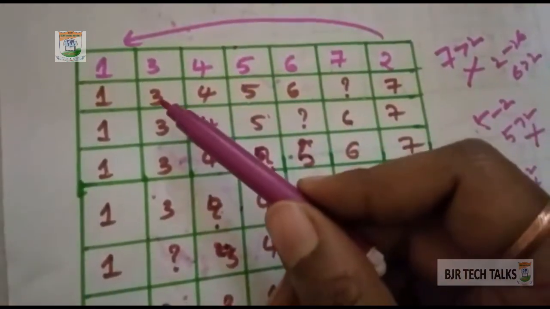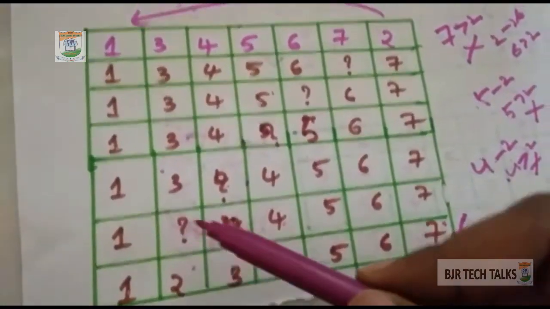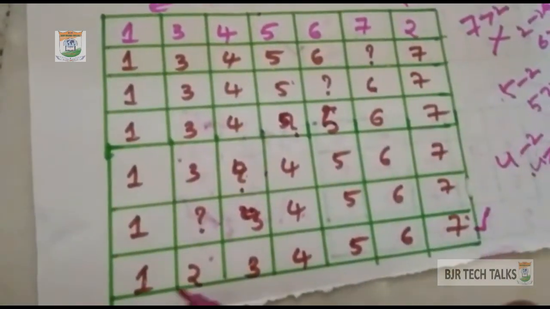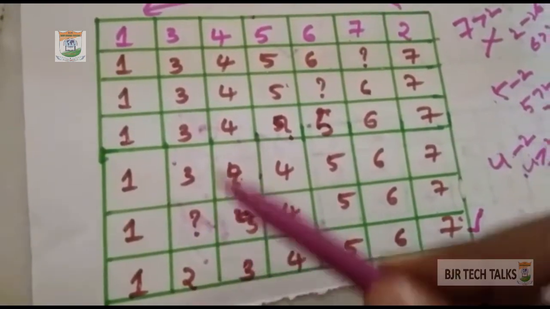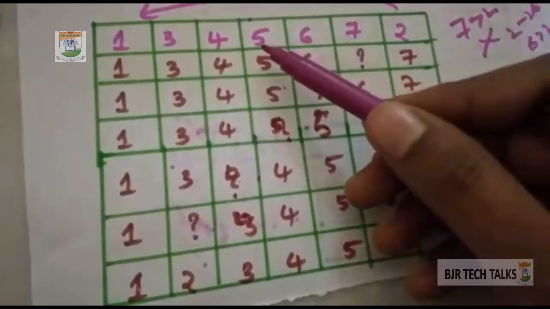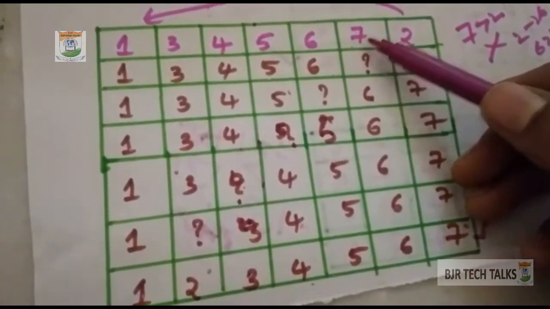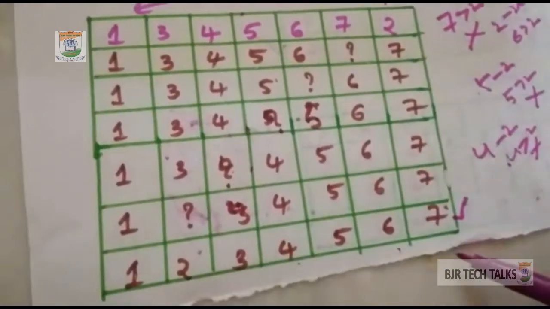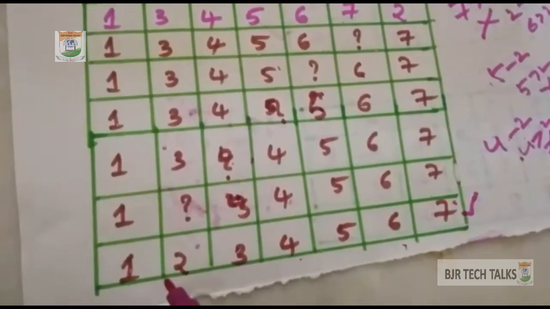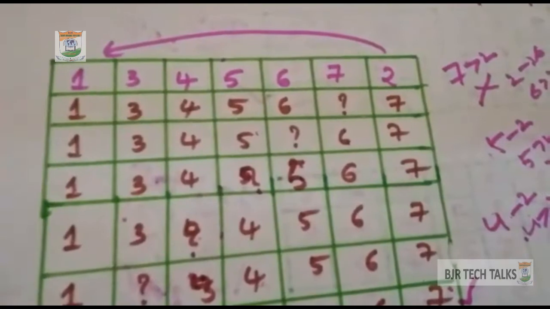When 2 is compared with 3, 2 is less than 3. So 3 comes here and 2 here. When 2 is compared with 1, the 1 is less than 2. So 1 stays here and 2 is in the 3rd position. I mean in place of 3, the 2, and in place of 4, the 3, and in place of 5, the 4, and in place of 6, the 5, and in place of 7, the 6, and in place of 2, the 7. Here you can see the given elements are arranged according to their appropriate position. So this is called insertion sort.